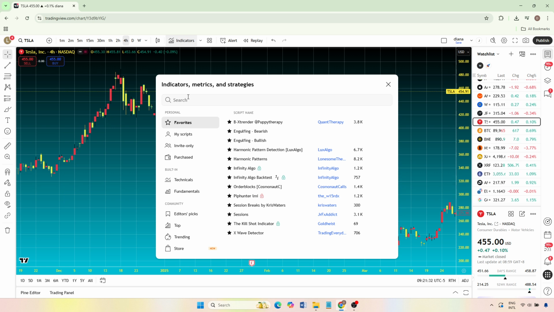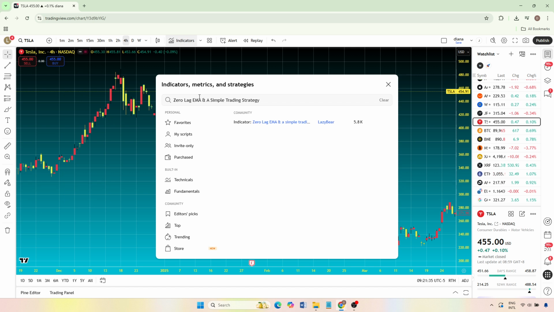Now, in that search bar, type Zero Lag EMA and a simple trading strategy. As you type, TradingView will filter the results in real time. You should see the indicator appear in the list below the search box. Make sure you click on the correct one from the results so it gets added to your chart. Once you select it, you'll see new lines and possibly signals appear directly on your chart, depending on how the